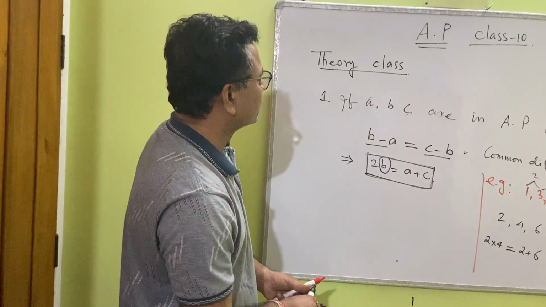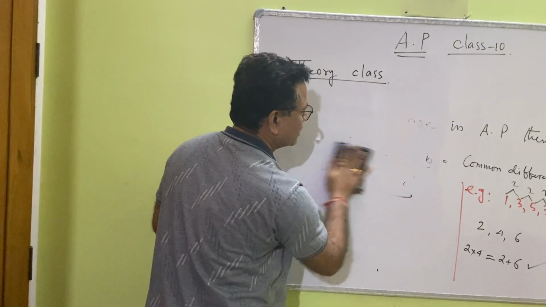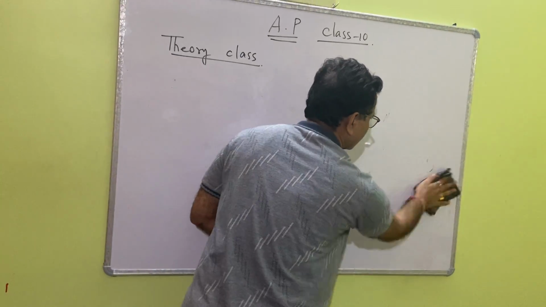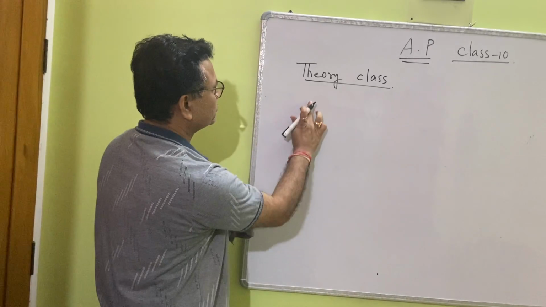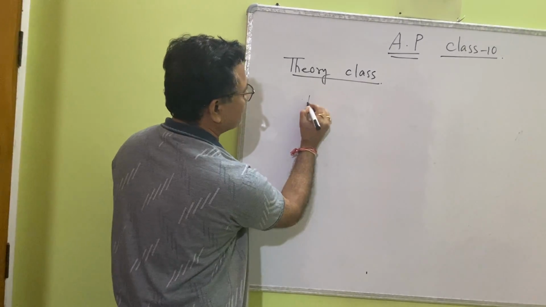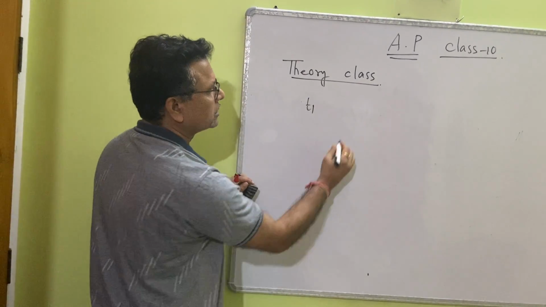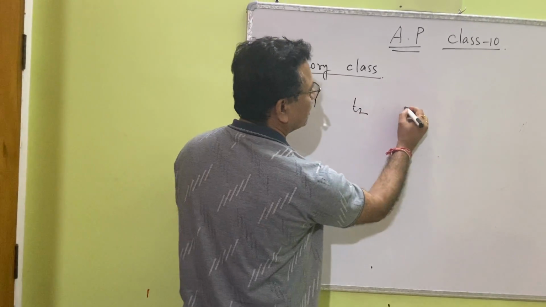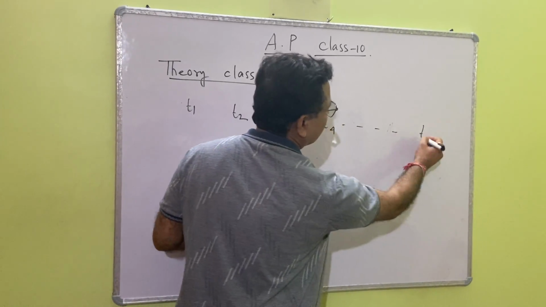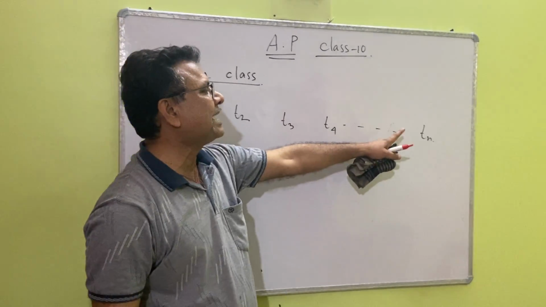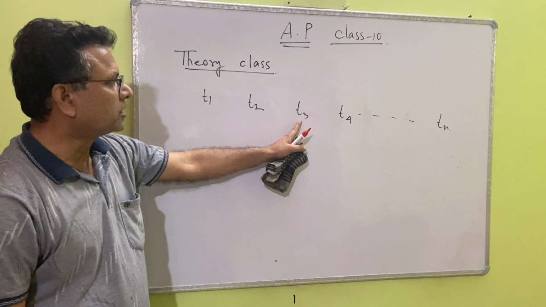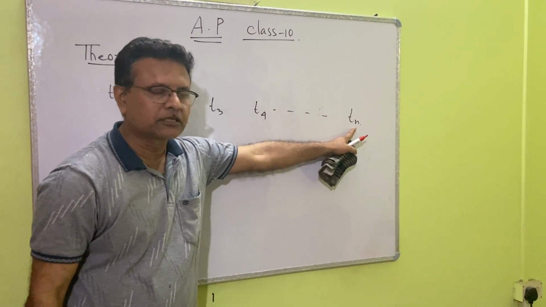Now my point number 2 will be some formulae by which we can solve few sums. These formulae are very simple. Suppose out here I am writing first term denoted by T1, second term denoted by T2, third term T3, fourth term T4. In this way I have last term, that I am denoting by Tn. So remember, T1 stands for first term, T2 means second term, third term, fourth term and nth term.